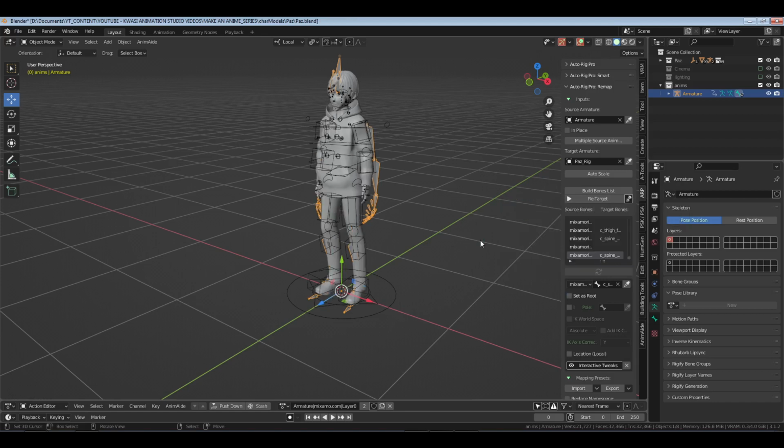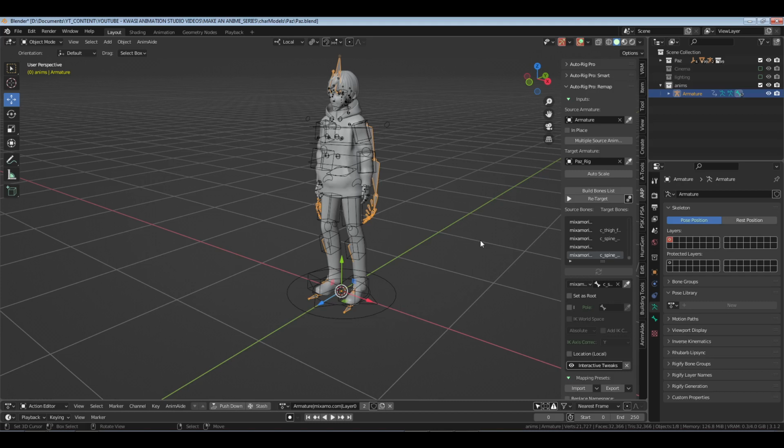If I'm not mistaken, I believe that even the latest version of AutoRig, and I'm not using the latest version, now has a preset for anything that's come from AccuRig. So yeah, I mean, it's just one of those things. But personally,